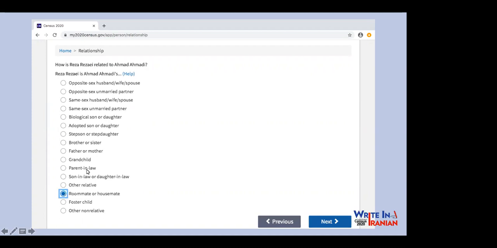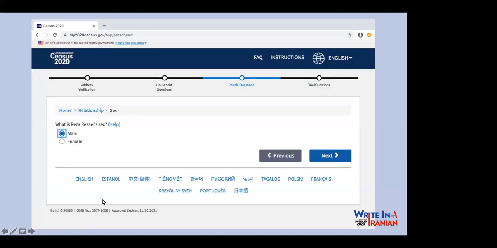And if you can't find the relationship here, there's always other non-relative or other relatives. So they provide that flexibility. Next slide. They asked for the sex of Reza Rezai. Unfortunately, they have only provided male and female. Maybe in 2030 they would provide other, but there's only a male or female